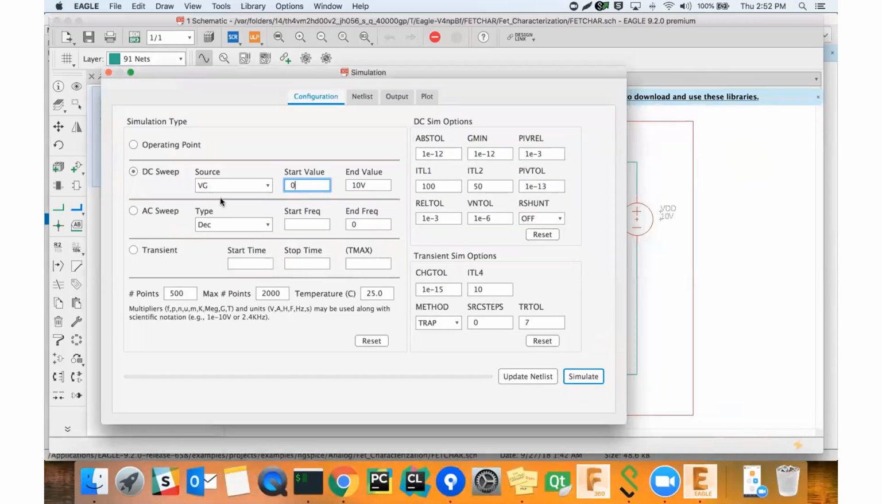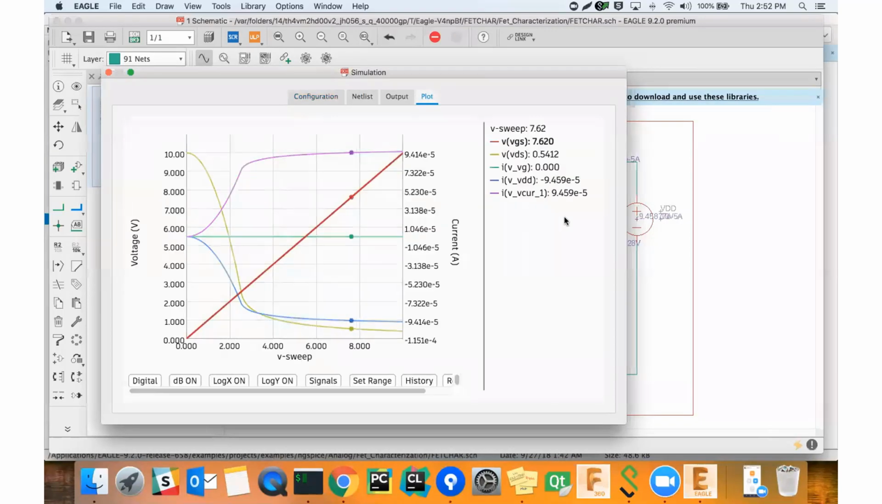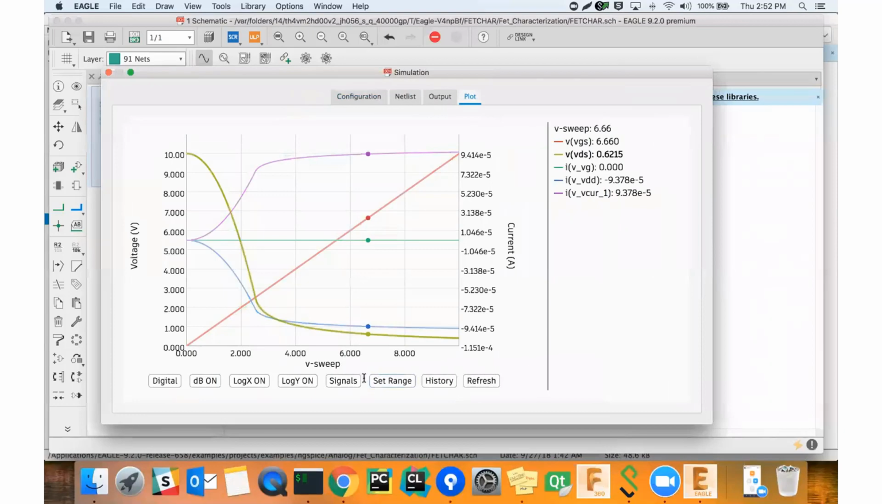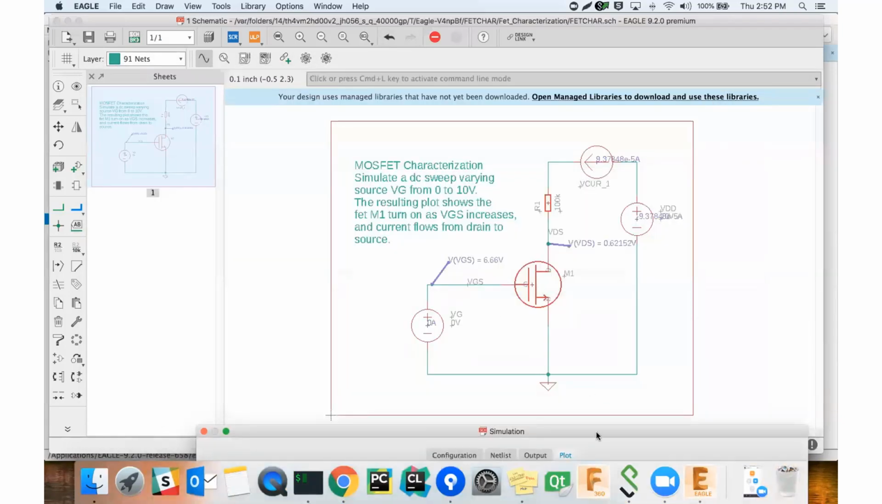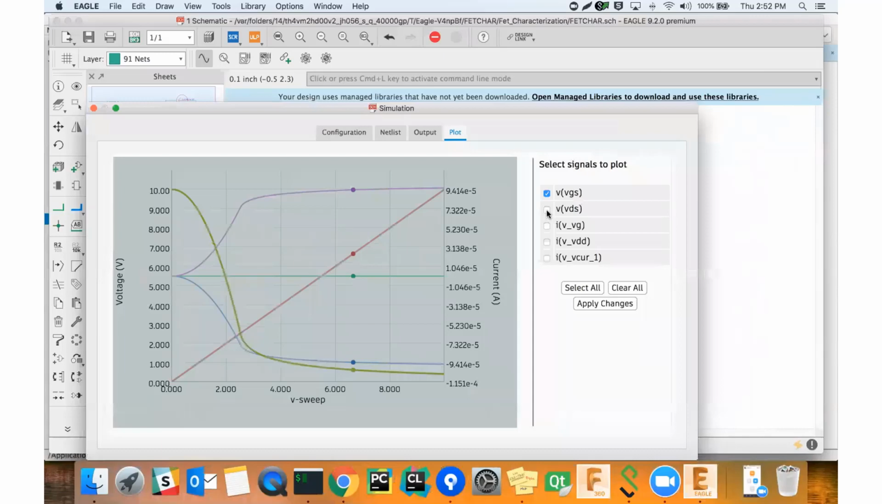So let's say I'm simulating VG from 0 to 10 volts, and note that I'm keeping this other voltage, VDD, fixed. Let me filter out some of these signals. I want to see VGS, the voltage from gate to source. We want to see that increase. We're not going to look at the gate current, because that's essentially 0 and we're not so interested in that. But we are interested in the drain current, or the current going through